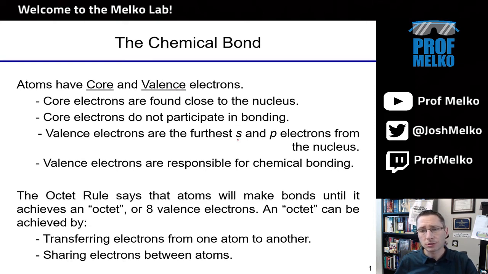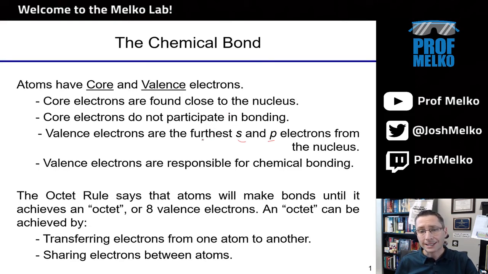And for these lectures, we're really only considering the outermost s and p. d and f electrons behave a little strange. So really we're just concentrating on these outermost s and p electrons. Okay, these are the furthest ones from the nucleus. They're the ones responsible for forming those chemical bonds because as atoms get close to other atoms, the furthest out electrons are the first ones to meet up and approach the other atom's furthest out electrons.